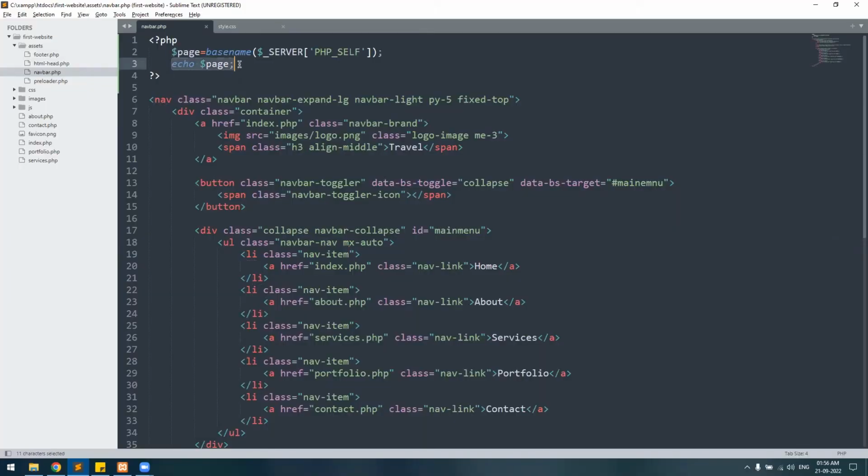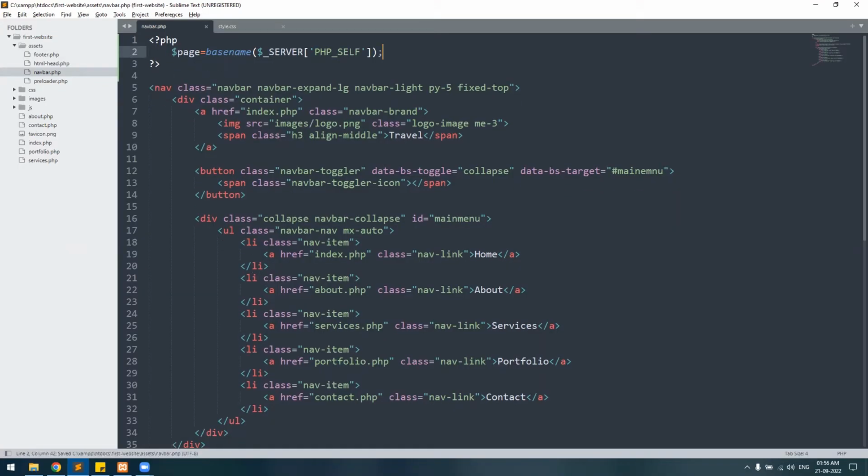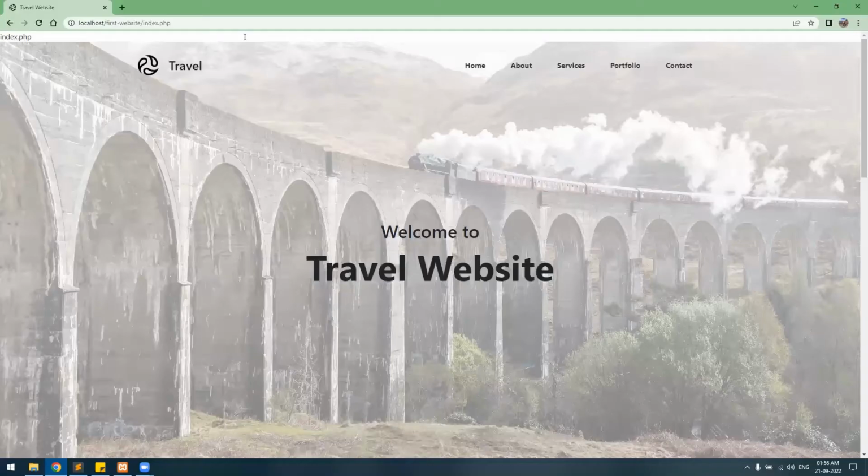So let's remove this thing. All right. So what we want is, when we are on the home page, we want an active class to be added here in this li, in the li of the home item, right? So now let's suppose what we will do here is,